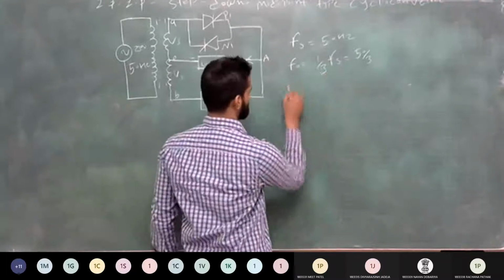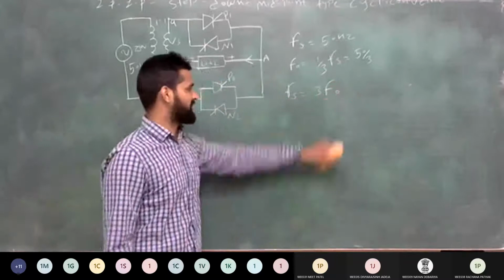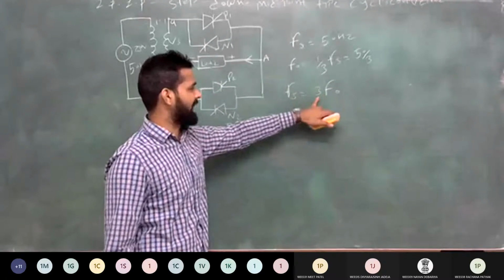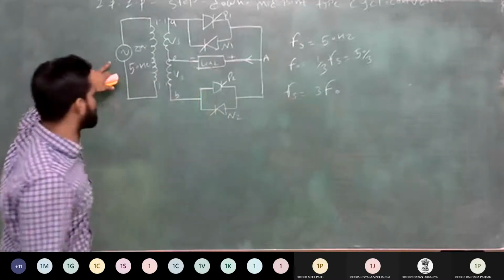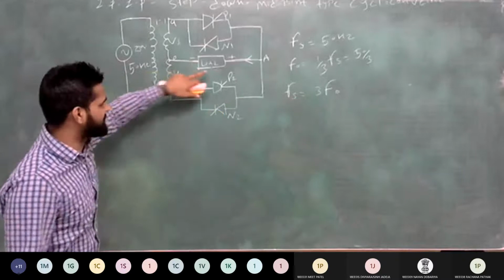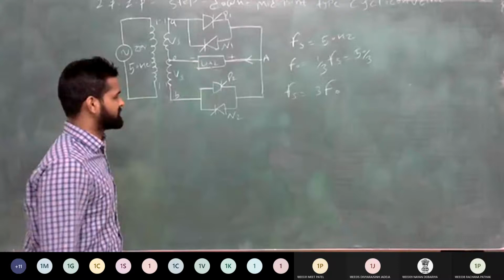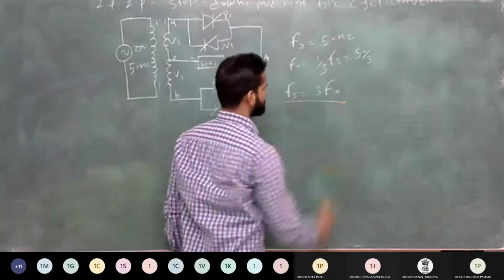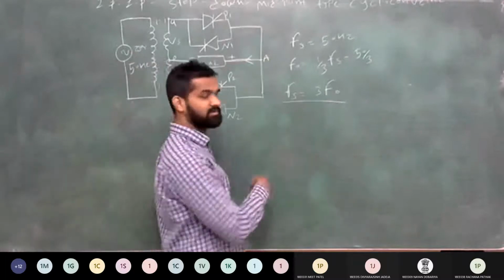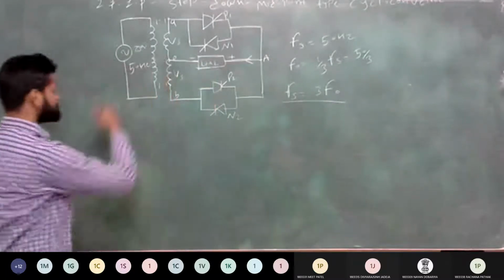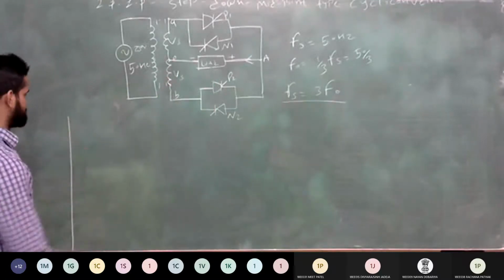Here, you can also write this equation in another way: Fs is equal to 3 times F0. It means that supply frequency is 3 times the output frequency. So in 3 cycles of your supply, you get only 1 cycle at the load side. That is called a step down frequency at the load side. Here we take the example of this frequency. In the exam, you can be asked for any type of frequency, 1 by 4 times, 1 by 6 times. So let's draw the waveform and understand this using the midpoint configuration.